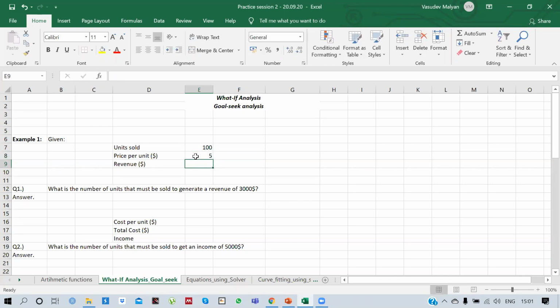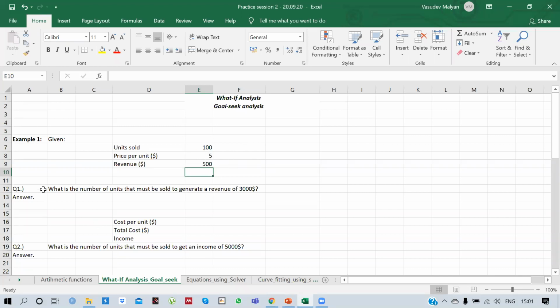What will be the revenue of your company? Number of units sold multiplied by price per unit. So we can multiply these two and get your revenue, which is $500 for 1 month.